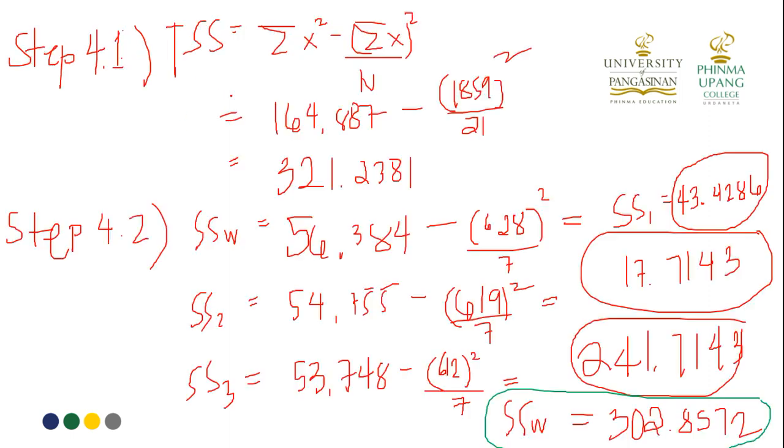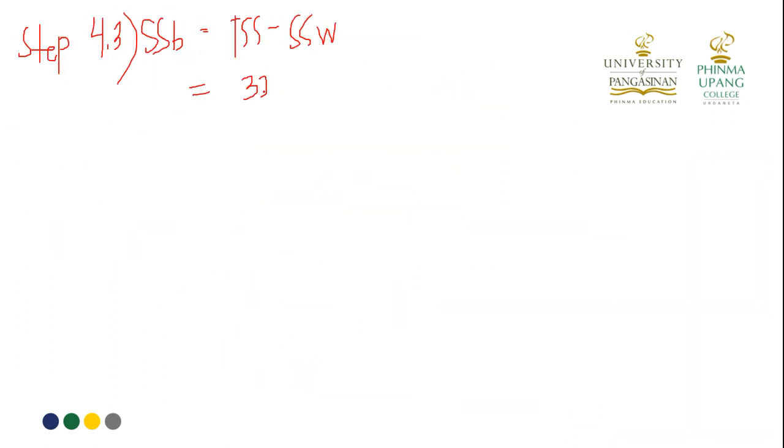Step 4.3. Nakuha na natin yung SSW, so doon tayo sa SSB. Huwag nyo i-follow yung nasa module, mali yung nasa module natin. SSB, tapos TSS natin. TSS minus SSW. Balikan natin yung TSS natin, 321.2381. Minus SSW